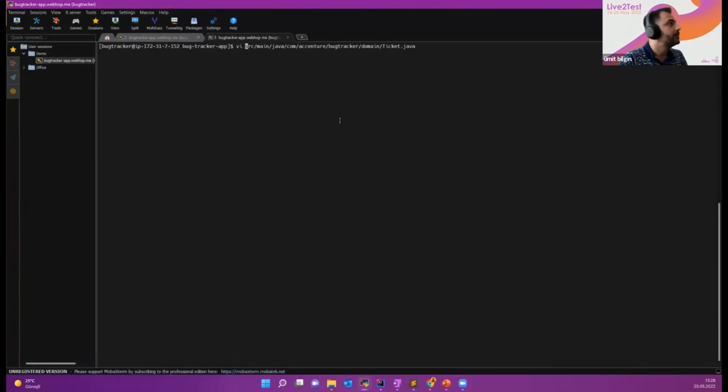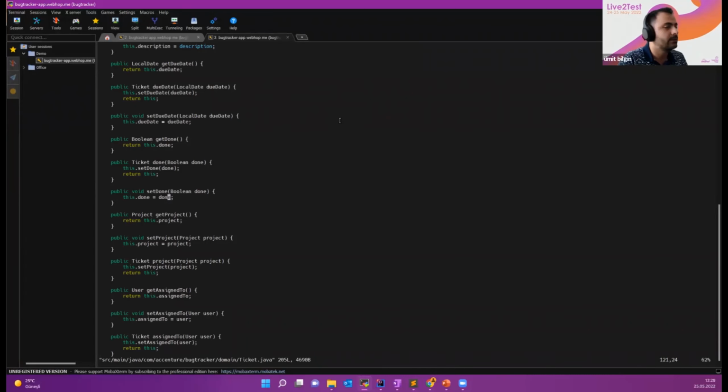So as Alexei has shown previously, while updating a ticket, you can select the checkbox called done, and when you click done, the set to done flag becomes true. Let's say a developer accidentally changes it to false. So every time, even if it's completed, the status is false. Okay, I have broken the code. I need to restart the application.